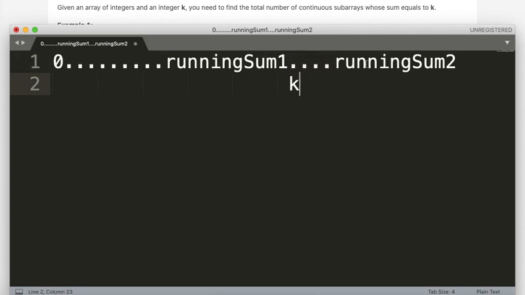So if the difference between these two running sums is k, then the difference is caused by this, and this sum should be equal to k. So this is the trick that we can use here to solve this in O of n time.